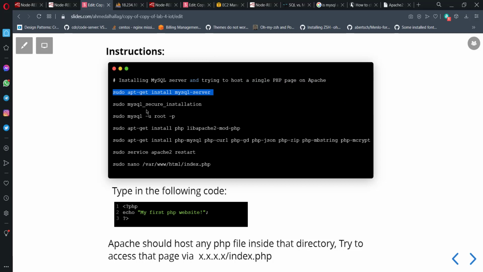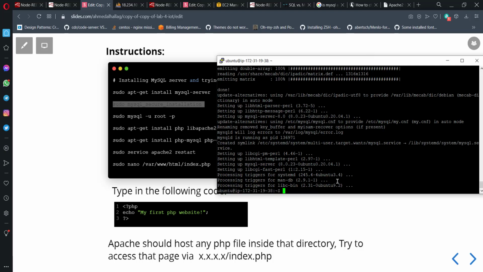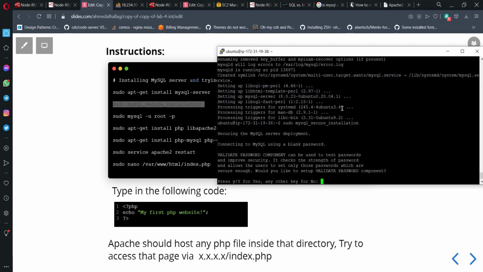And it's done. Let's trigger the secure installation just to add some passwords and stuff like that